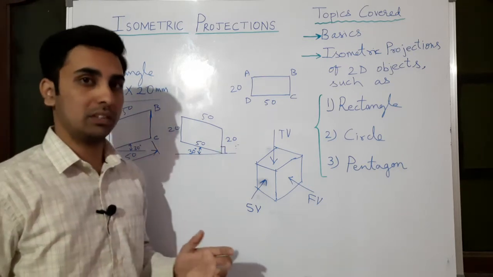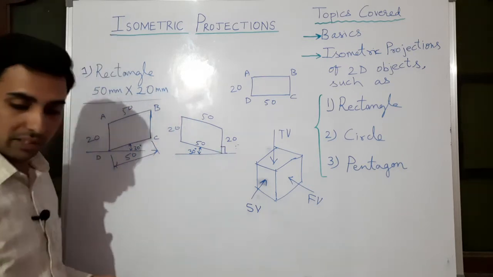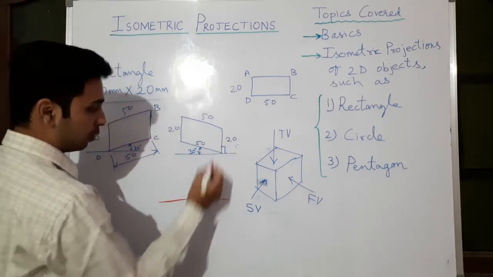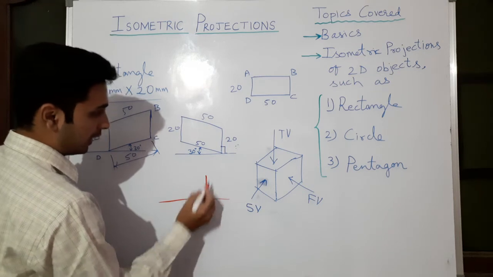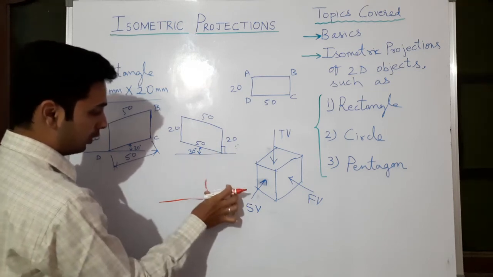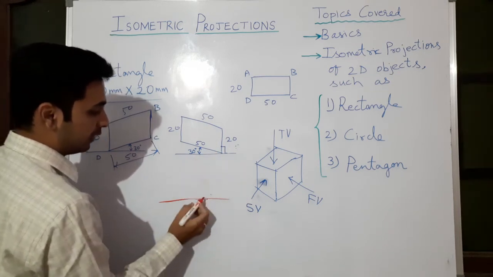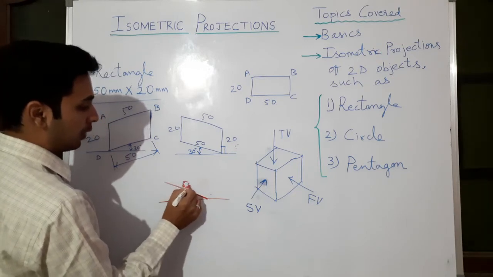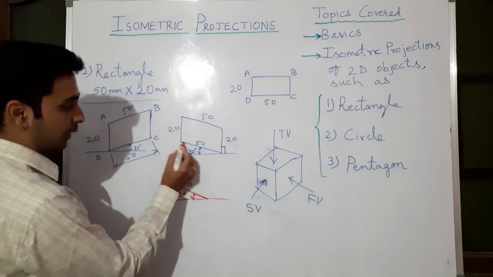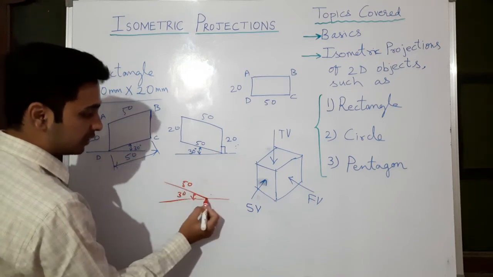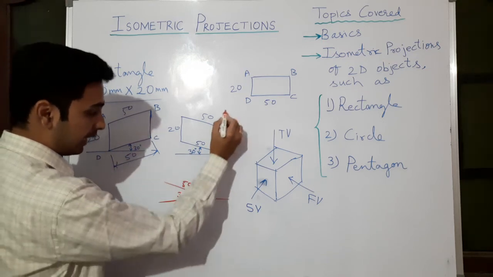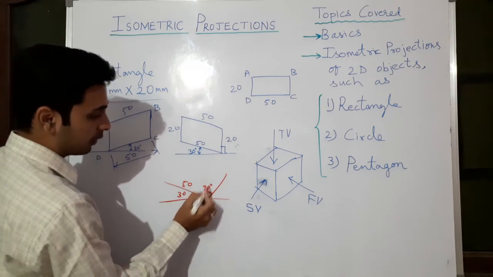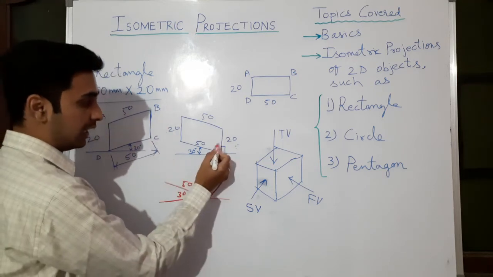Generally people will make mistakes while drawing this diagram. What are the mistakes? Mistakes we will highlight with red color. Generally students will first take the horizontal line at 30 degree, a 50 mm long line at 30 degree. After that, here instead of going vertical, which is correct, they will go like this. So here they will form 90 degree. That is not, this is not 90 degree.